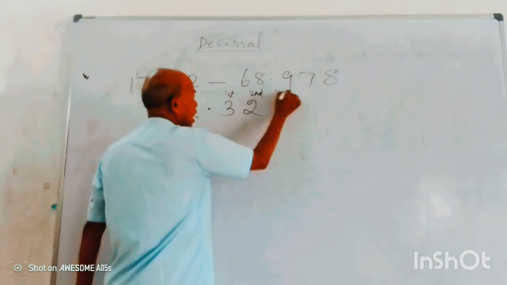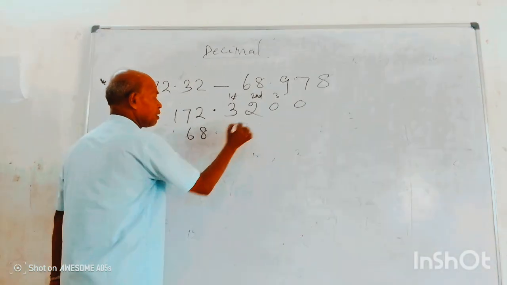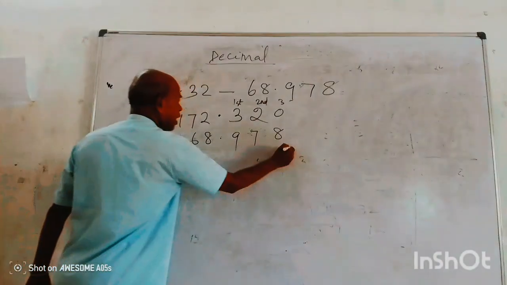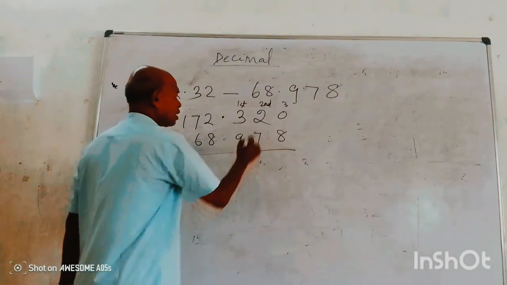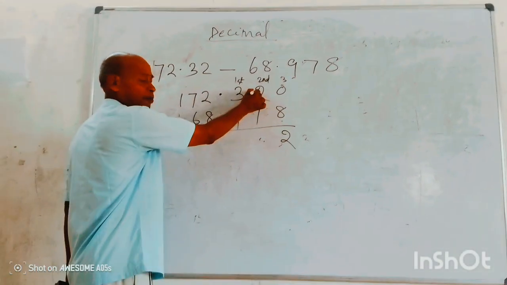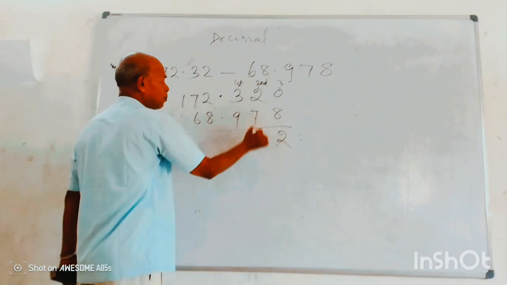Second place, third place. In this way you can put a zero here. Here 9, then 7, here it is 8. There is no need for this zero. Now here subtract. Now carry 10. 10 minus 8 gets 2. Now here 1 is left. So carry 10. 1 will come, so 10, 11, 7, 4.